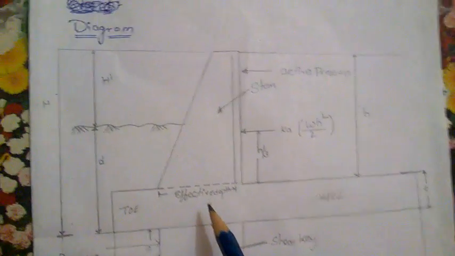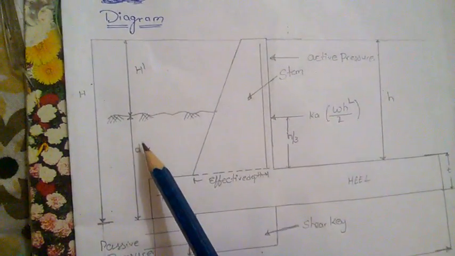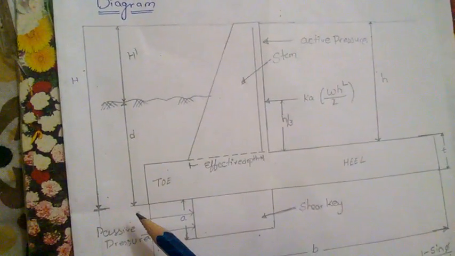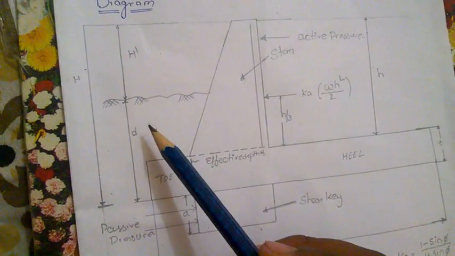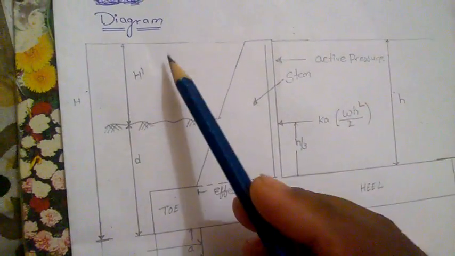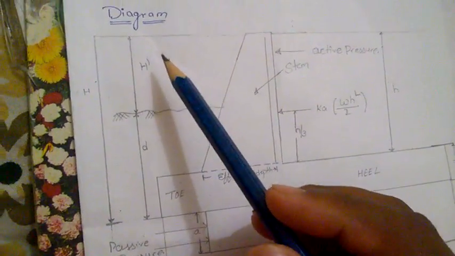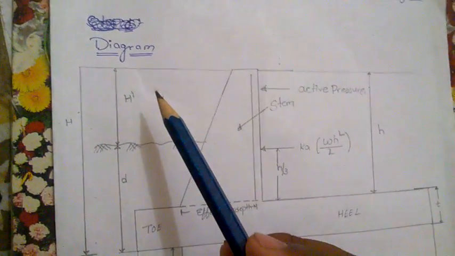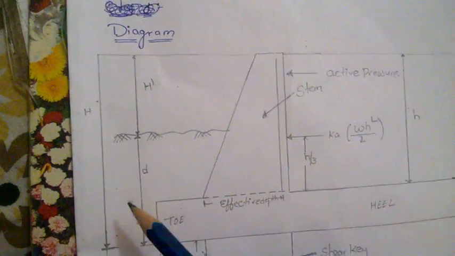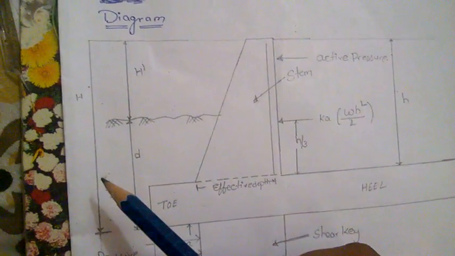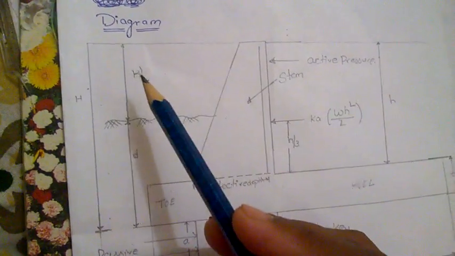You know the effective depth from the basics of RCC, and this is the small d, which is the bottom of the toe to ground level, and this is the H1, which is represented as ground level to top of the stem, and this is capital H, which refers to bottom of the toe to top of the stem,